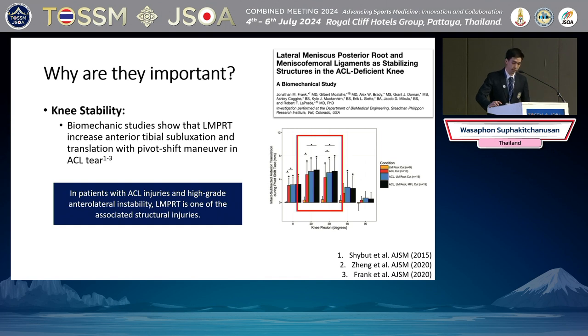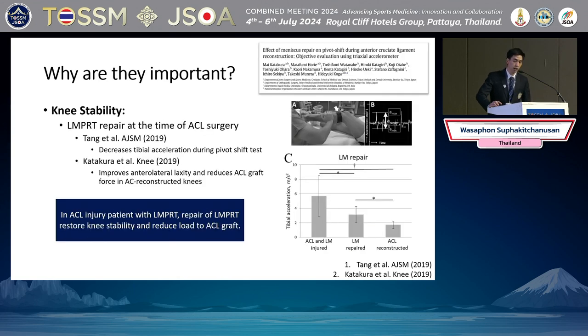On the other hand, in patients with ACL injury and high-grade anterolateral instability, lateral meniscus posterior root tear is one of the associated structure injuries that should be considered. Furthermore, repairing lateral meniscus posterior root tear at the time of ACL injury has been shown to be beneficial. For instance, a study by Tang in 2019 found that lateral meniscus posterior root tear repair decreased tibial acceleration during the pivot shift test. Similarly, this finding from Katakura shows that repair improved anterolateral laxity and reduced ACL graft force in